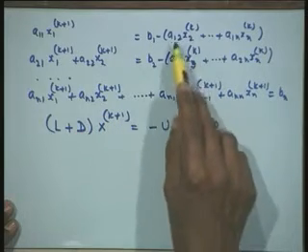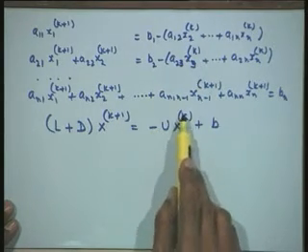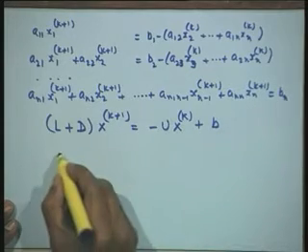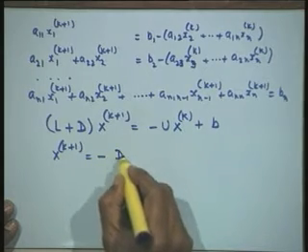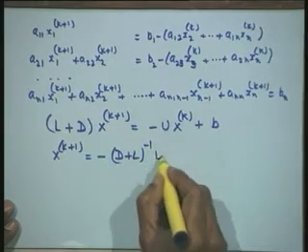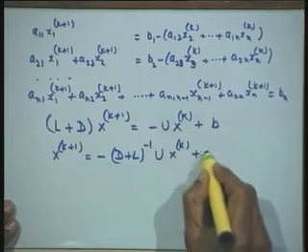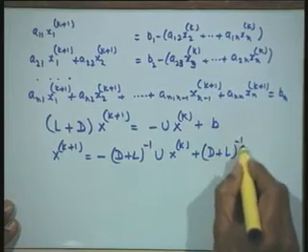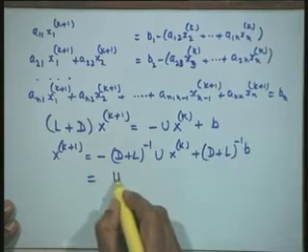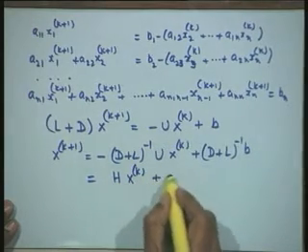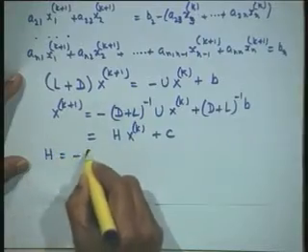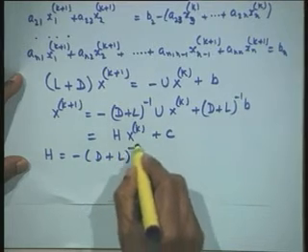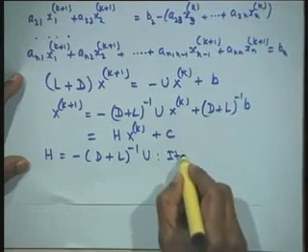So this is L plus D on the left hand side. On the right hand side you have the contribution of the upper triangular part, that is minus U into x^k plus b. Therefore, I can write this as x^(k+1) is minus (D plus L) inverse of U x^k plus (D plus L) inverse of b, which is our H x^k plus c, where the iteration matrix H is now given by minus (D plus L) inverse of U.